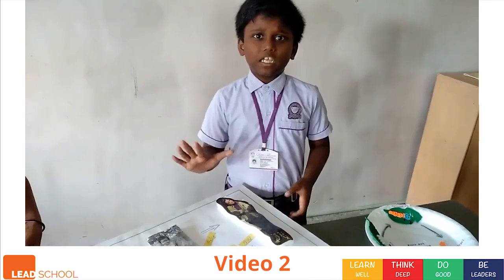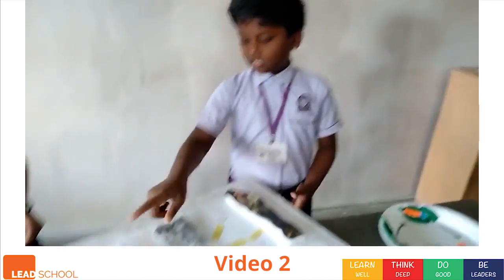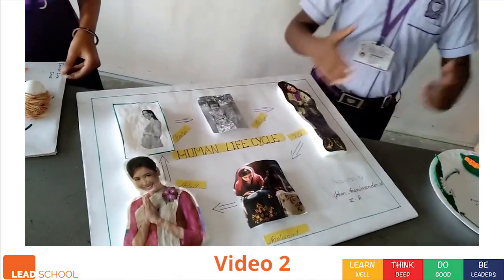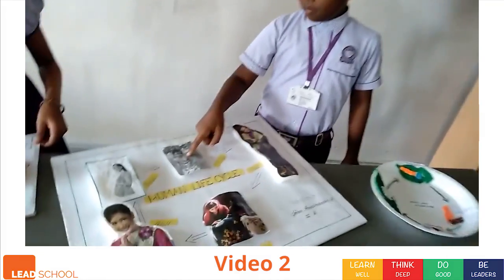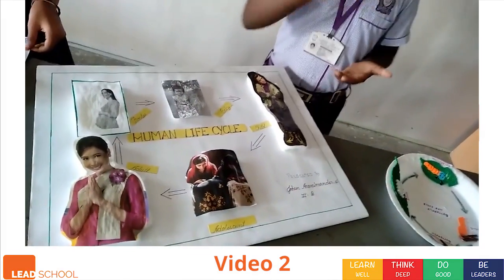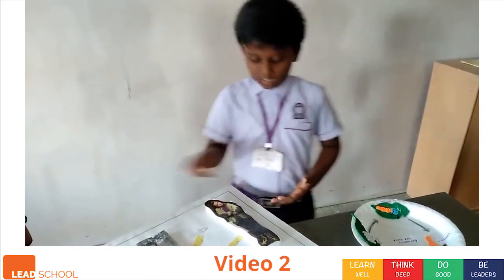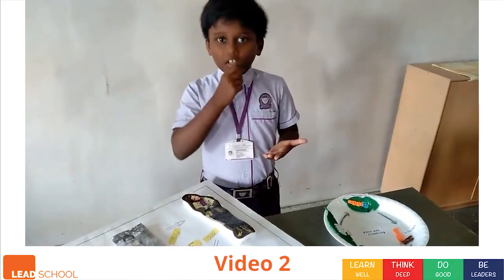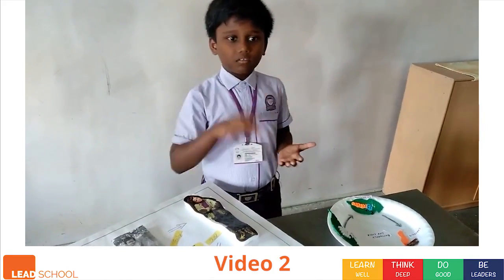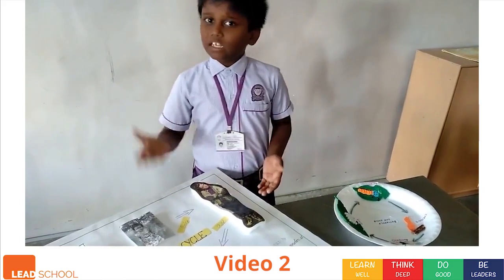A human life cycle has 5 stages. The first stage of human life cycle is fetus, a baby present in their mother's tummy for 9 months. And the second stage is baby. In this stage, the baby cannot talk, walk, and ride. It depends on the mother. The third stage is child. In this stage, the child can slowly learn, talk, walk, and ride. It depends on her parents for safety.